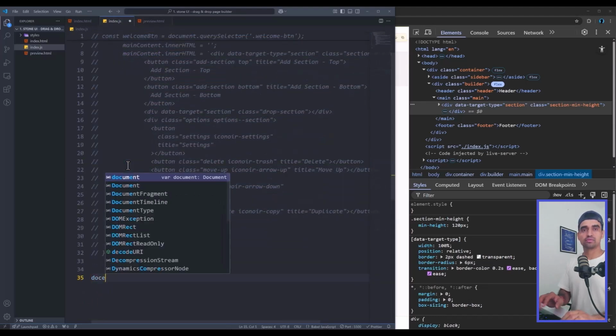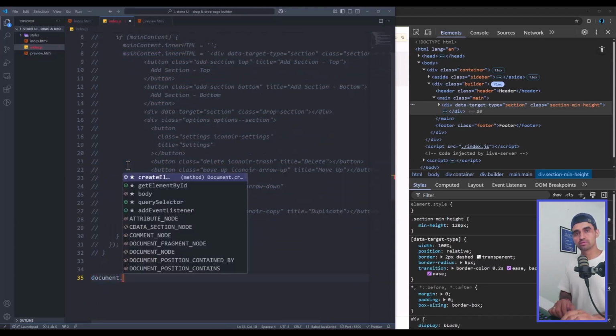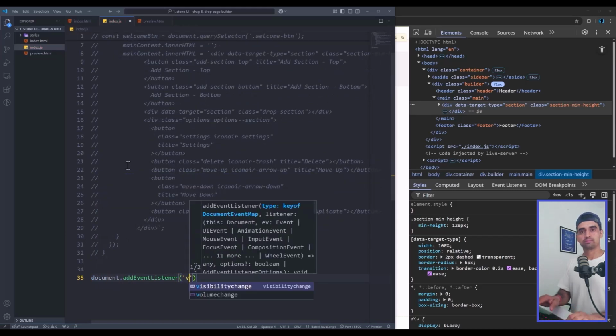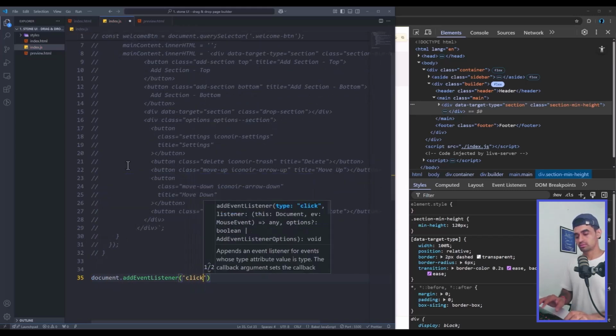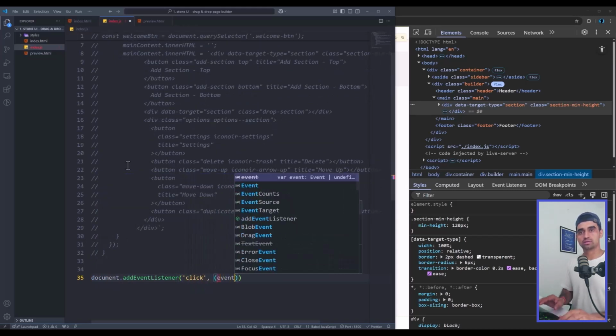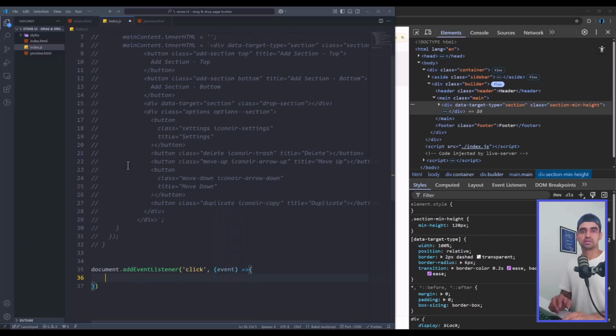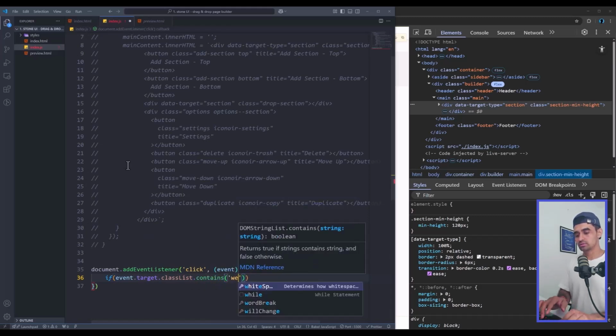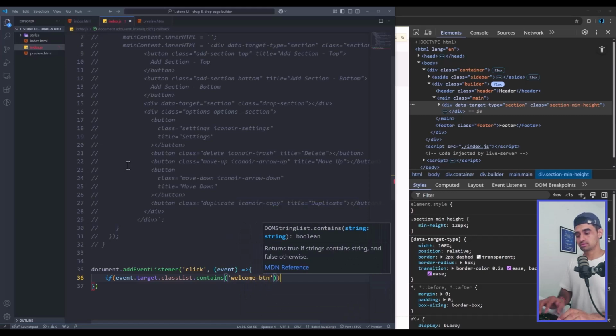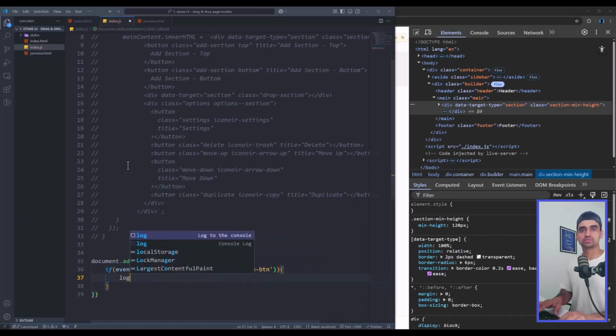and then I will add event listener to the document itself, and it will take a callback inside it. Now I will explain it in a second. So event.target.classList.contains, if it has a class of welcome button, then let's just console log